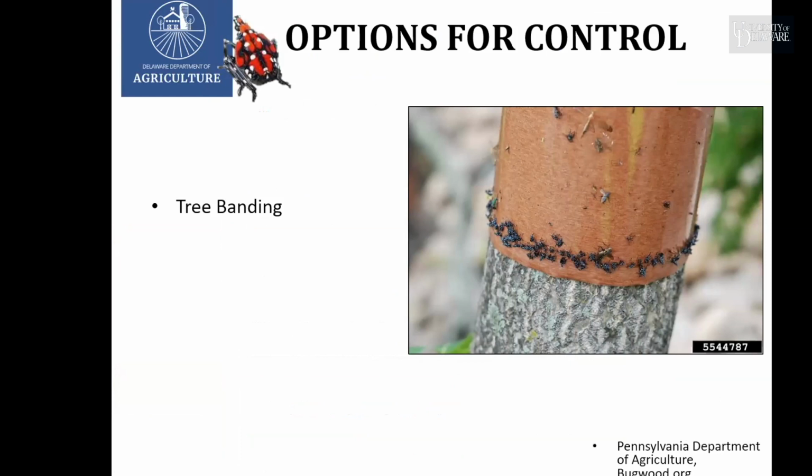Options for control, tree banding. So tree banding would be done on a site that we know is infested with spotted lanternfly. And this is actually both a control option as well as a data collection tool. So we're able to see how many spotted lanternfly we're actually affecting. Also, for some property owners that might not like the idea of having chemicals sprayed on their property,